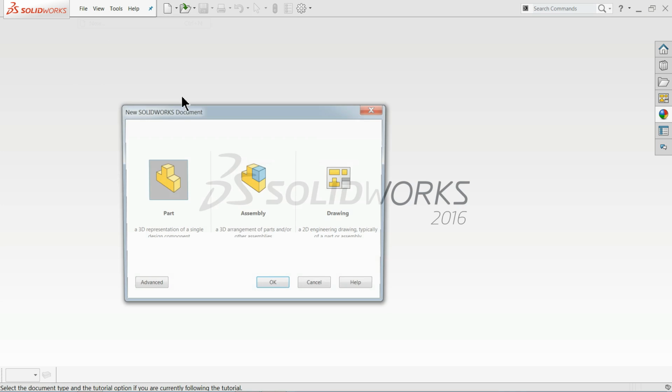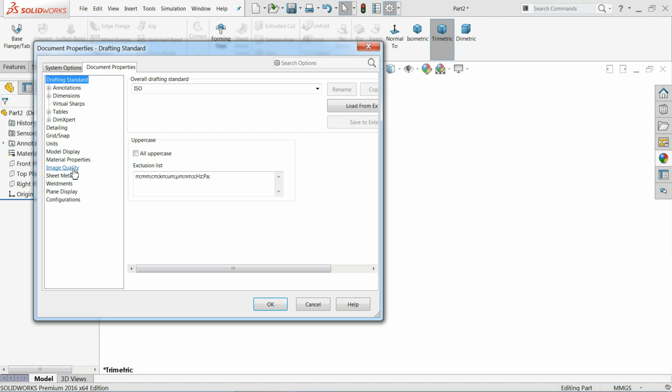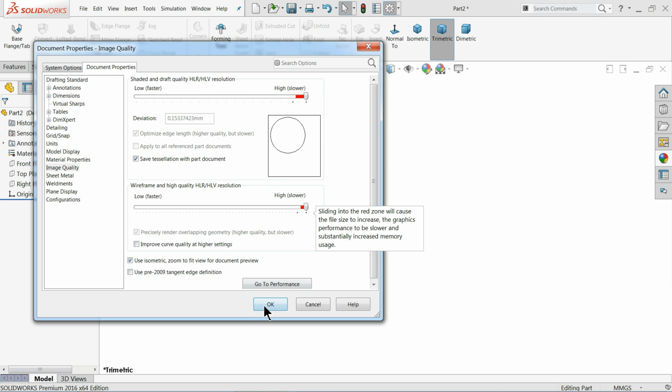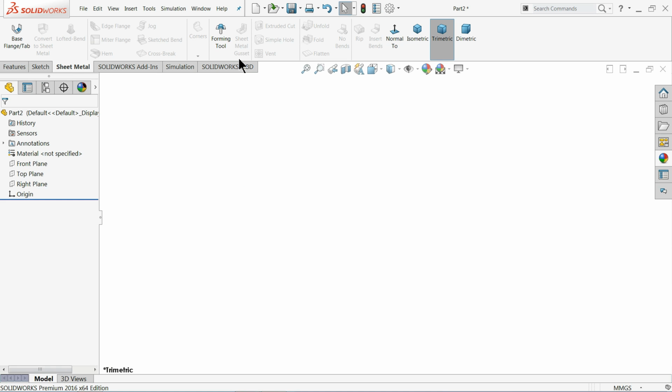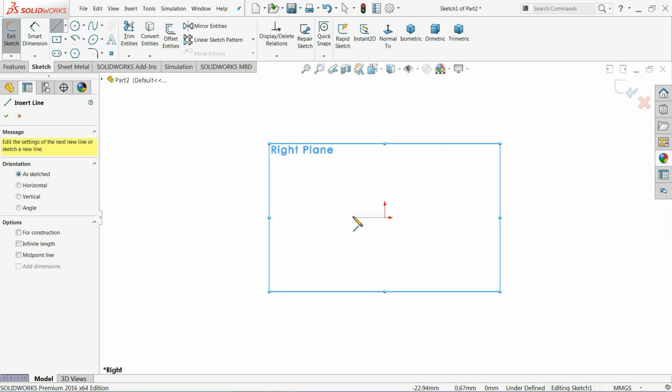Open file, new, and choose your part. Okay, now we are in the SolidWorks interface. Plain white, and image quality we will keep higher. Now today we will learn about some vent tool and embossing tool. So first let's create a simple geometry. So here we will use right plane, sketch, choose your line,